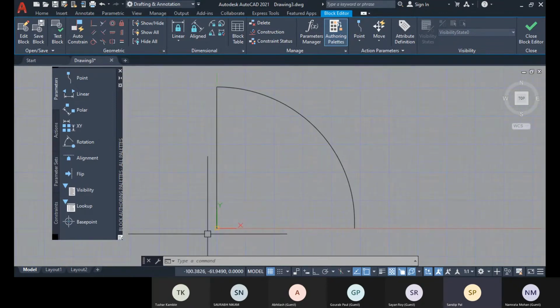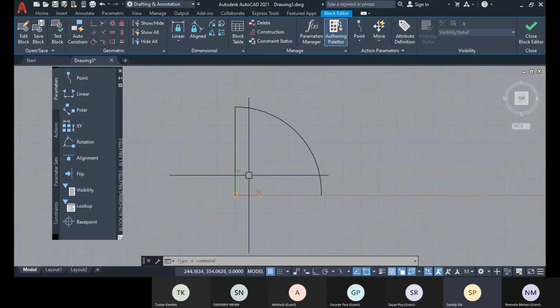Mostly stretching the length of the door. We also need the swing angle, which we can change, and flipping the hinge direction. We can change these things.